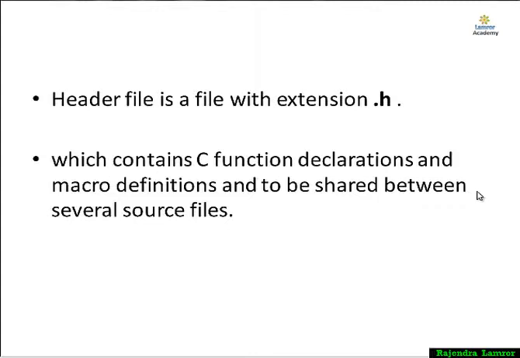If you want to see the information about a header file, you can go to the folder where you installed the compiler on your system, where you will find an include folder. Inside the include folder you will find some .h files. These are header files. You can check their code, what they have written.